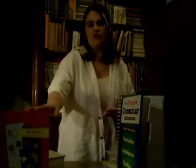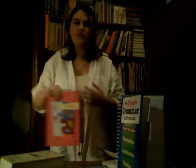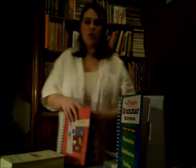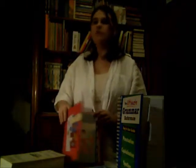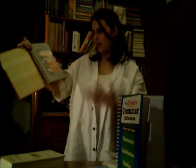The idea here is to tap into their little brains and allow them the opportunity of self-expression in getting that on paper. The first thing I want to point out to you is a journal here. This journal is the My Favorites, a journal of places and things to go. Now, I recommend that instead of having your son or daughter use this solely, that you take this resource as a family. When you open it up, there are several tabs: favorite music, movies, restaurants, places to go, shops, and